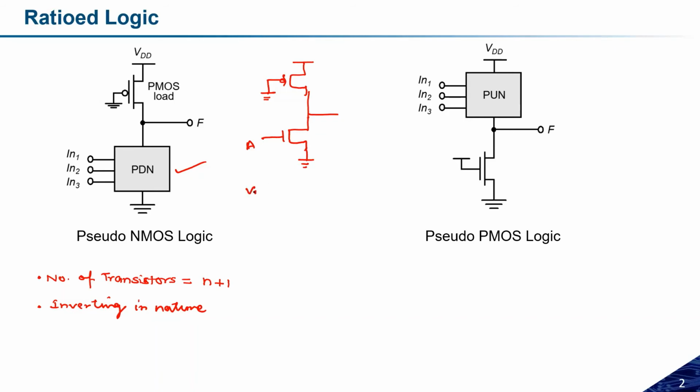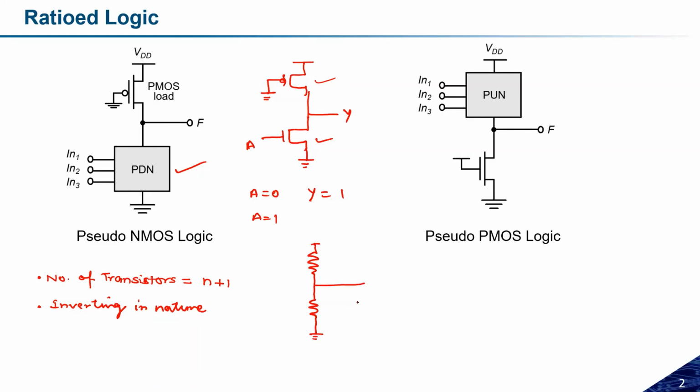Let us assume if A is equal to 0, in that case Y is nothing but 1, because A is 0, so the NMOS will be off and the PMOS will be in on state. So the VDD will be transferred to Y through this PMOS transistor. But if A is equal to 1, in this case both the transistors are in on state. If both the transistors are in on state, what will I get? I will get an equivalent circuit, something like this one.